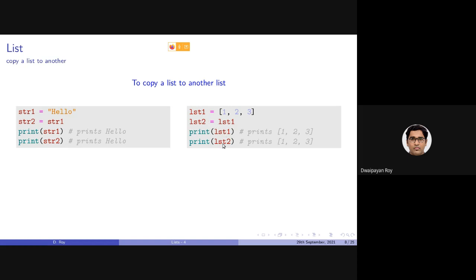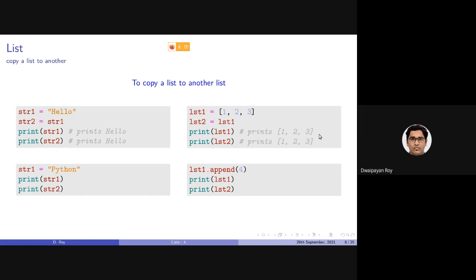Now if I print both lst1 and lst2, they will both be printing 1, 2, 3, right? Now if I make str1 for the string case to Python, this will be printing Python, but this will be printing hello, right? I hope you will be able to try that at your end.